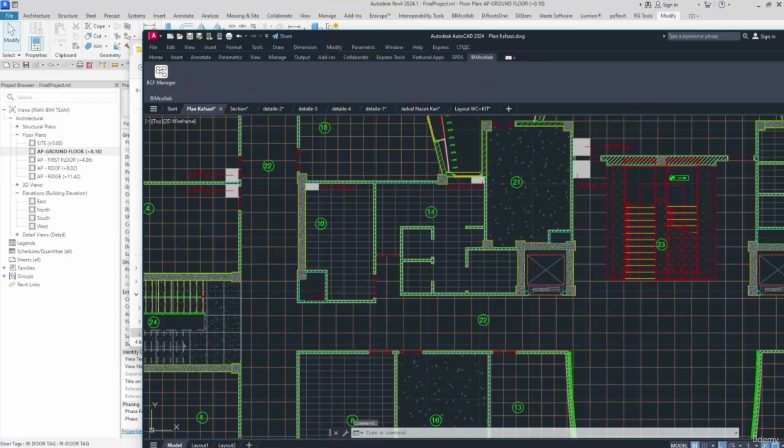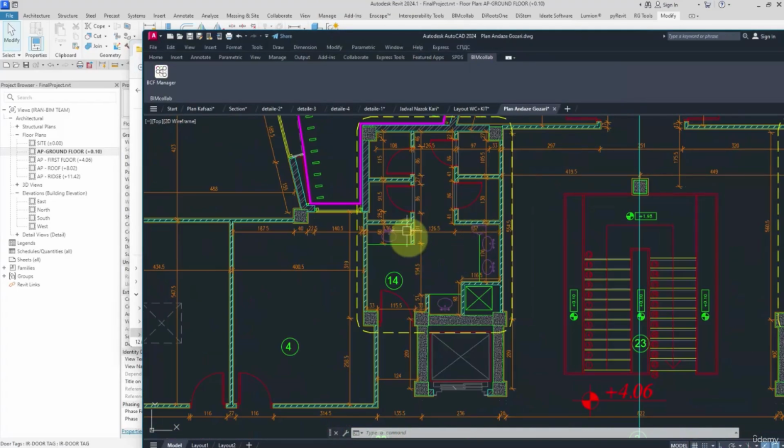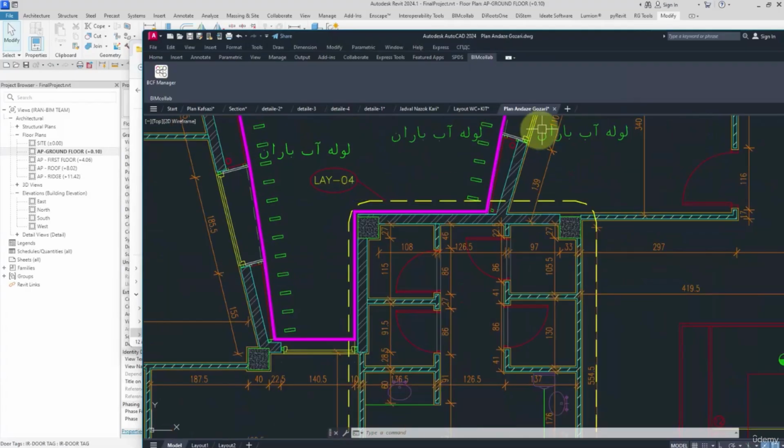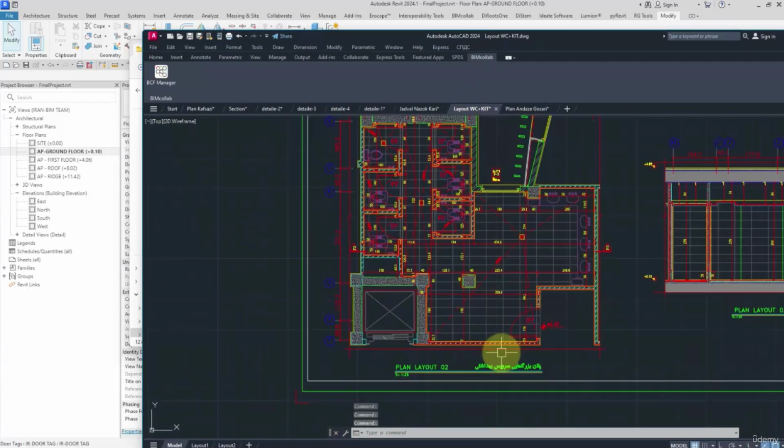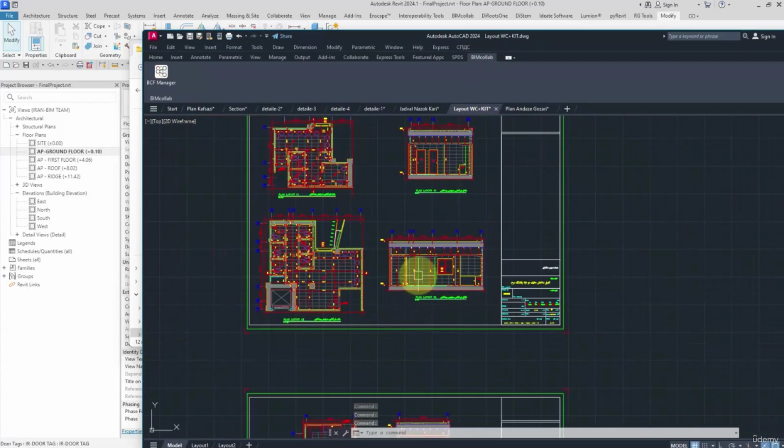I open the plan, floor plan, or for instance layout 04. I open layout 04,